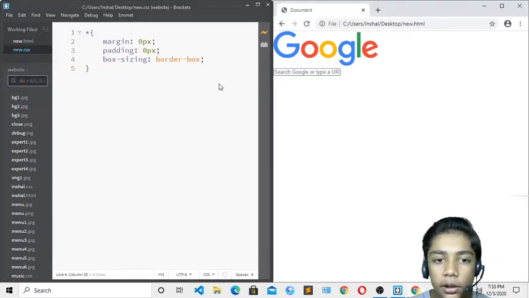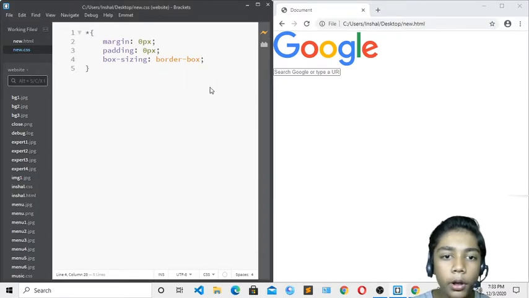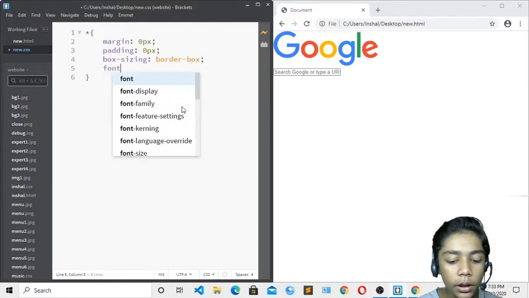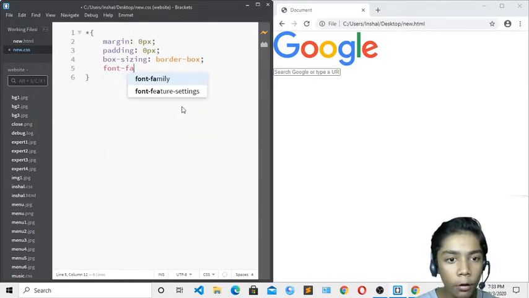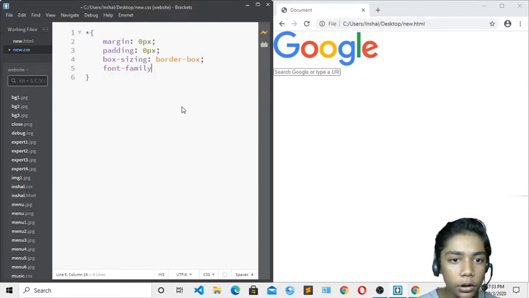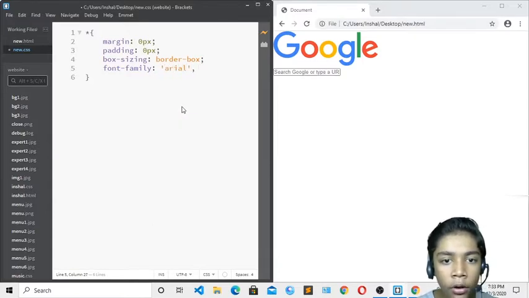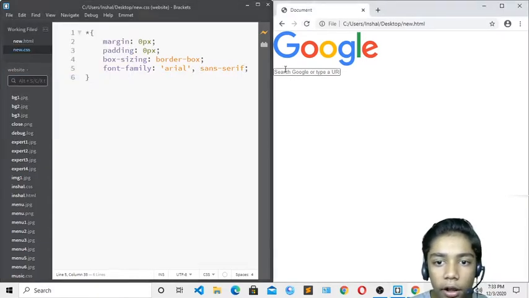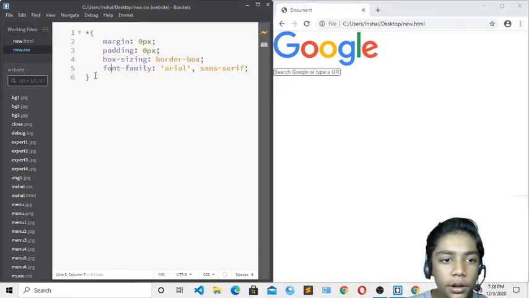So here you can see it is looking like that. Okay, it is normal because I have not written any styling yet. So in here I will only write one thing, which is called font-family, and for font-family I will give Arial. Okay, so I will write Arial comma, and over here I will write sans-serif, and now it is done. Okay, so if I save and show you, hit refresh, now here you can see my font has just changed.